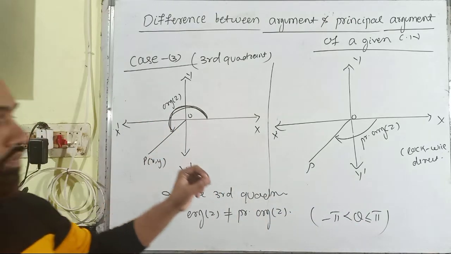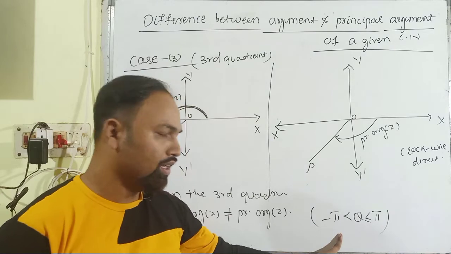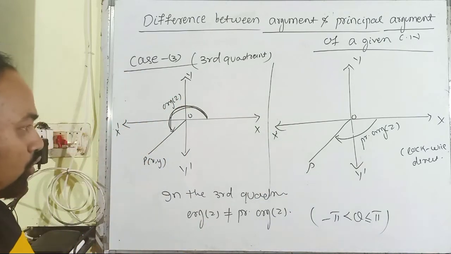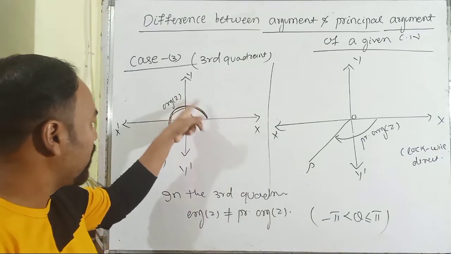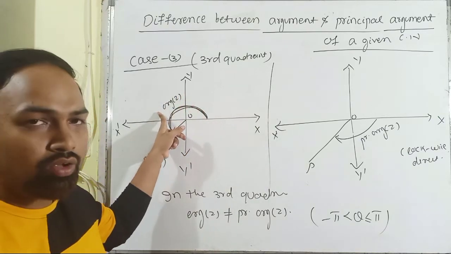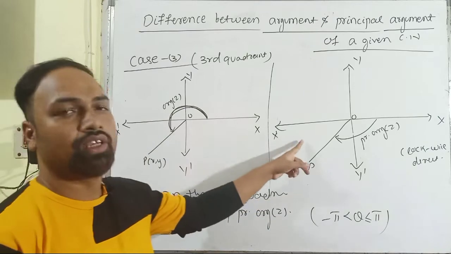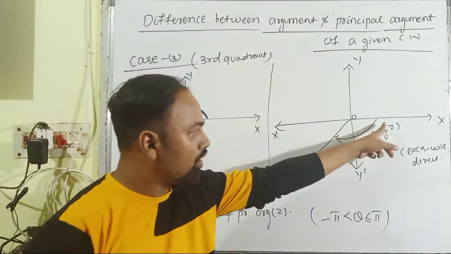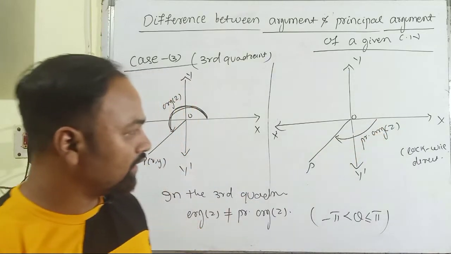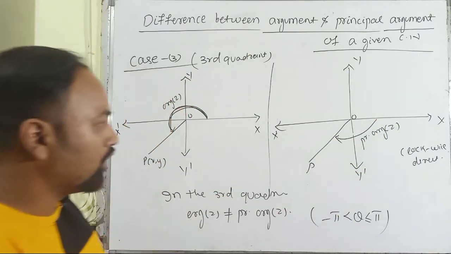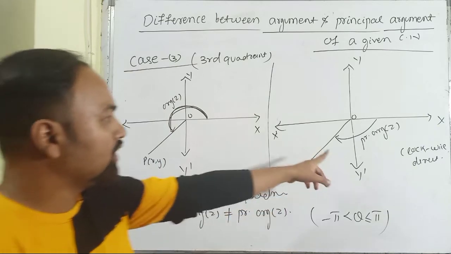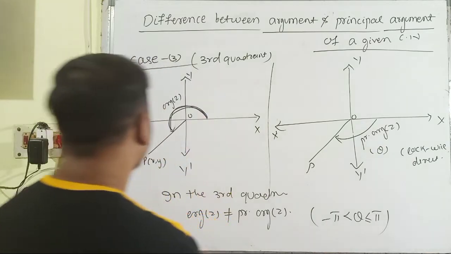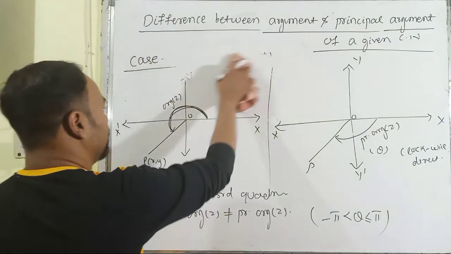The principal argument definition tells that it must satisfy this either in clockwise or anti-clockwise direction. If we measure the angle in anti-clockwise direction, it is greater than 180 degrees. So we have to measure this angle from the positive direction of the x-axis in clockwise direction, so that it satisfies the condition. And here it is the principal argument of z, or you can say that it is theta. Then in the fourth quadrant,